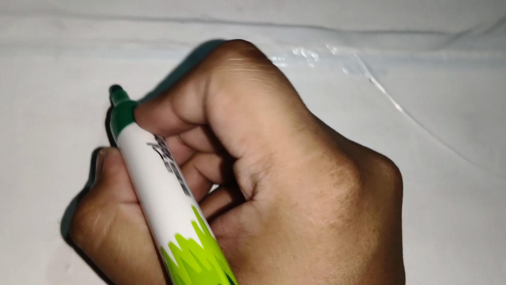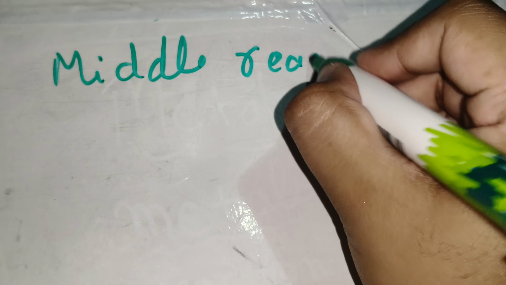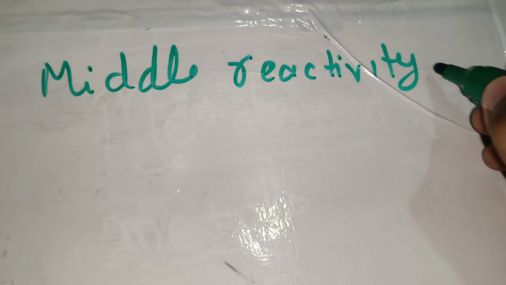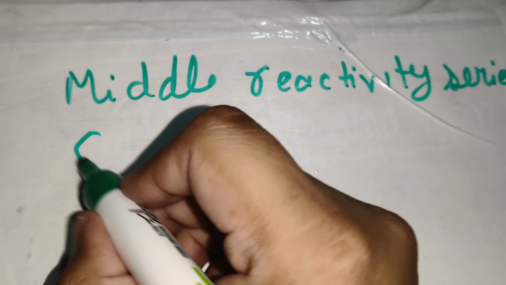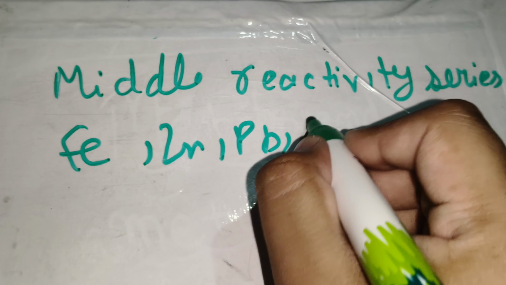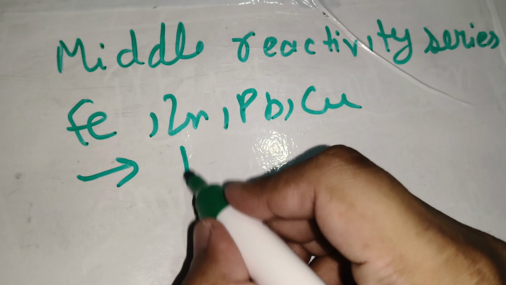So here we are now going to see the extraction of metals from their ore. Now going to see the metal reactivity series. As we know, compounds like iron, zinc, lead and copper fall into this. So what we use to extract these compounds, first of all we heat it